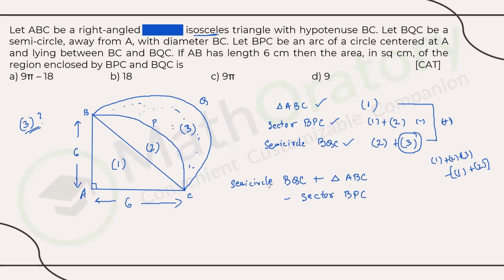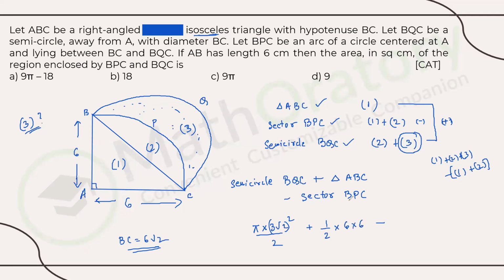So now just let us plug in the data and get the answer. First of all, semicircle BQC. BQC has the diameter as BC, if you remember. Now the diameter BC would be 6 root 2, because you have a right angle triangle, with couple of sides 6, the legs, so hypotenuse 6 root 2. But this is a diameter, so the radius would be 3 root 2, right? So semicircle area would be half of pi into r square, r being 3 root 2, plus the area of the triangle ABC, that would be simply half into 6 into 6,